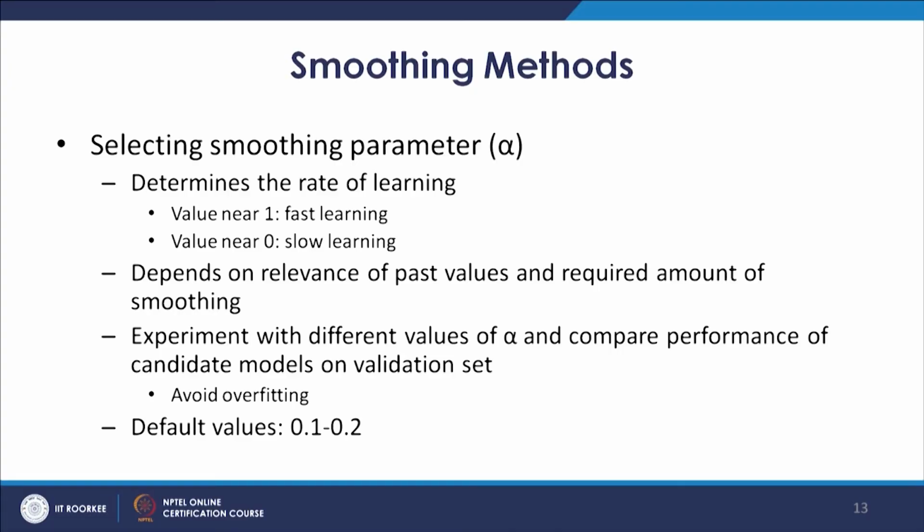However, as we said for window width, in this approach also we have to avoid overfitting. Among default values, a value between 0.1 and 0.2 is typically considered good for learning in most cases. So we will open RStudio and do an exercise for